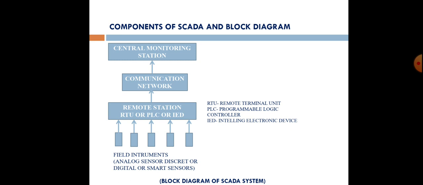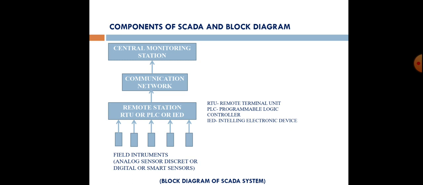Now we see the second component of SCADA. It is communication network. Communication network is used to send the data received from different sites to the central monitoring station or to send data from the central monitoring station to different sites. Cable or telephone or radio is used for this. Remotely located stations are normally not linked through cables. Radio modem is used in such situations. Radio repeaters are used in some places where the direct radio link is not possible.